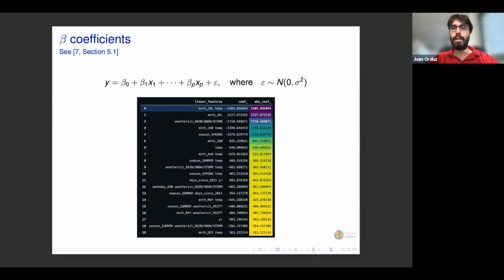So what would we expect, or let's say what we think at first glance, is that in July this coefficient might be positive. But again, we need to understand that the beta coefficients need to be understood by controlling for the other variables. So in spite of the fact that this is negative, notice that the coefficients for the temperature and for the month of July are positive, and actually quite positive.